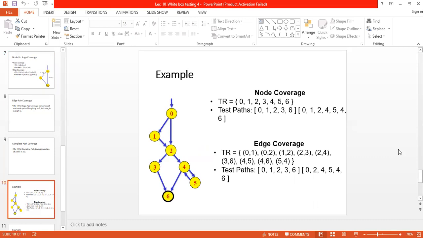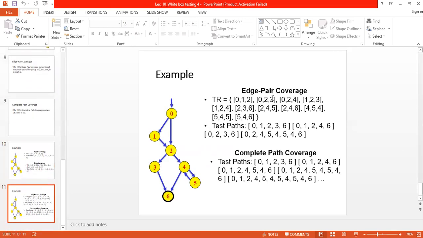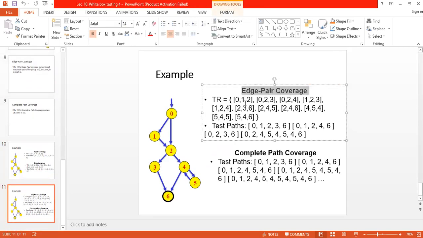So this is another example of node coverage, edge coverage. And you can see this edge pair coverage. Usually the length should be more than one. It should be two. So in order to have length 2, it means I have at least 3 consecutive nodes, right?